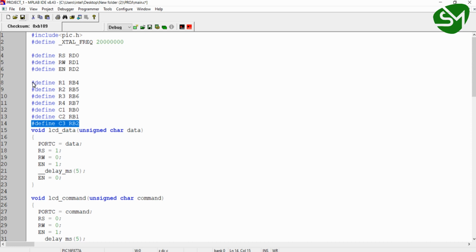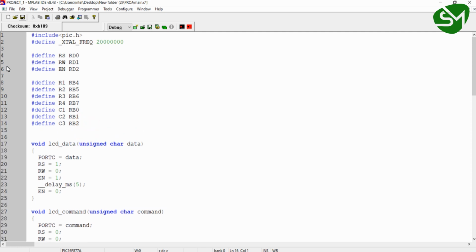And R1, R2, R3, R4 are connected to RB4, 5, 6 and 7. So now we can use R1, R2, R3, R4, C1, C2, C3 as keywords for RB4, RB5, RB6, RB7, RB0, RB1 and RB2.